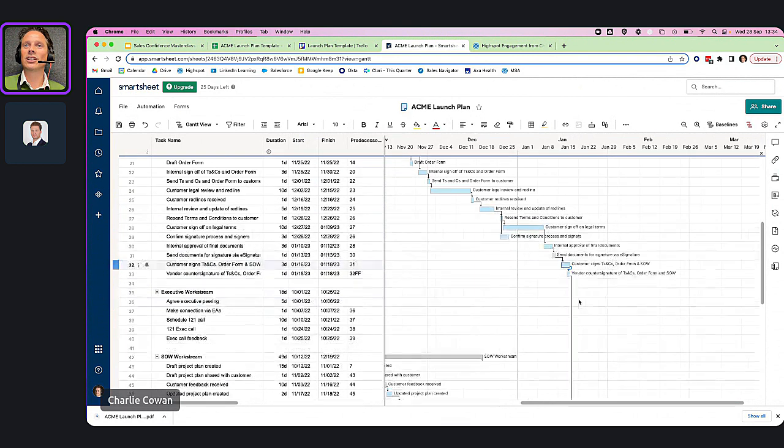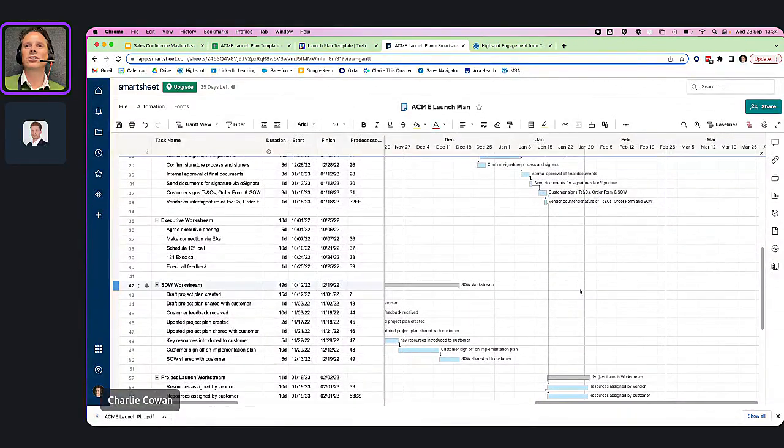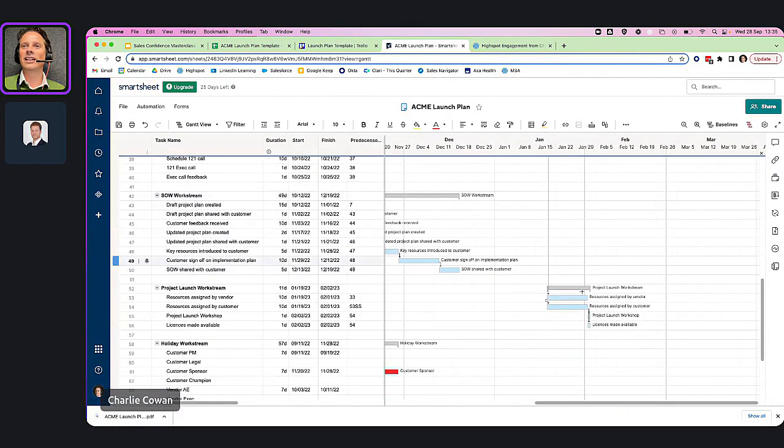Now, this is important to your customer as well. It's not just about you closing the deal. Your customer is interested in unboxing their beautiful new iPhone. They want to know, when are we going to get the licenses? When are we going to start this project? When are we going to bring our consulting firm in and start giving value to our teams? And here, where they thought they were going to start a project on the 1st of January, now they're actually only starting a project on the 1st or 2nd of February.